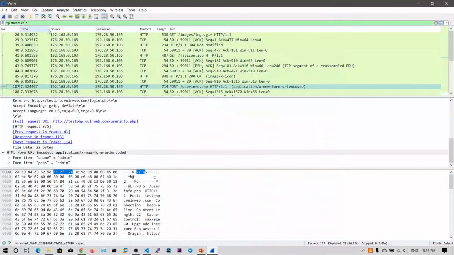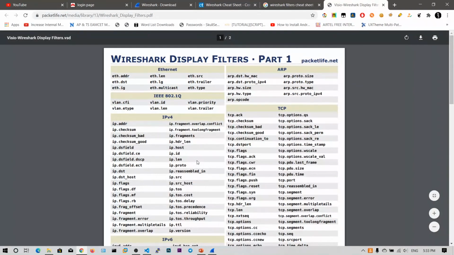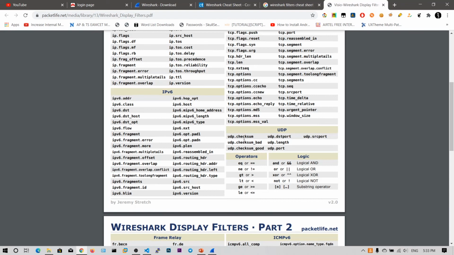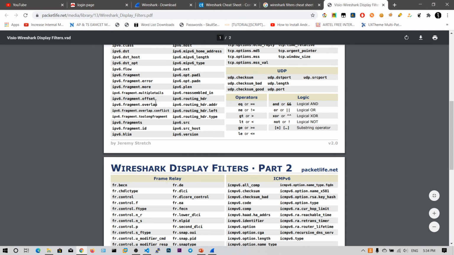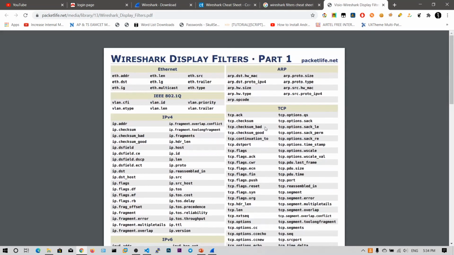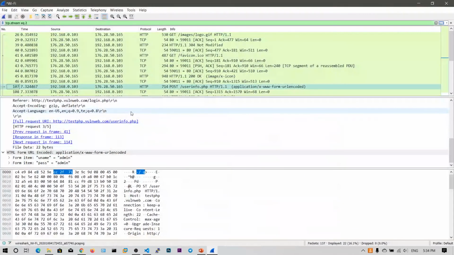If you set ip.dst equal to a particular IP address, then only the packets with this destination IP will be viewed. So we are narrowing down the results with these filters. As you can see, there are so many filters here, and you can also perform operations between these filters. For example, if the destination port is equal to this one, or the source port is equal to that one, you can apply that filter. So always keep these cheat sheets in a separate folder, so whenever you have any doubt you can refer to them. That's all you need to know about Wireshark, guys.